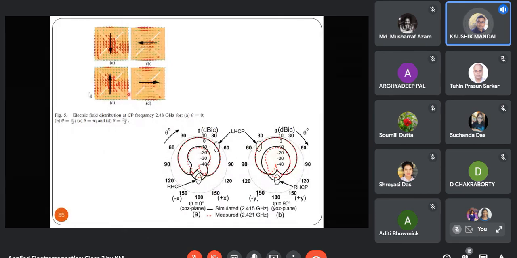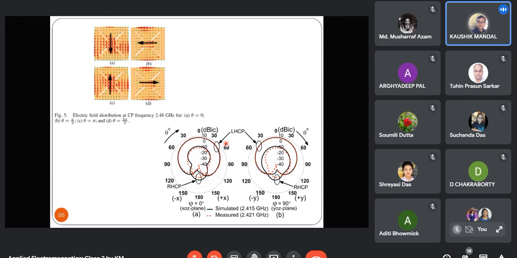Now with this type of electric field plot at 4 different time instants, at t equal to 0, T by 4, T by 2 and T, you can identify the overall rotation of the electric field vector. From the overall rotation of the electric field vector, you can identify the sense of polarization, whether it is LHCP or RHCP. Now, for the radiation pattern plot, you need to plot the LHCP and RHCP for the CP antenna design, not the normal co and cross pole.